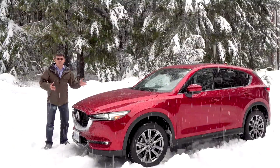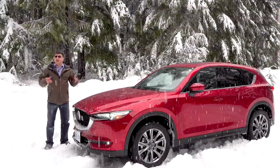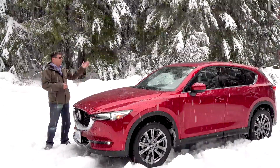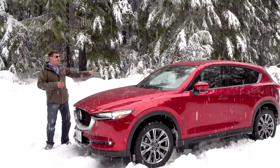My bottom line with this crossover is pretty easy. The CX-5 was already a great looking crossover. It was already fun to drive, and it was already fairly practical on the inside. Although again, you do have to give up a little bit of overall interior practicality